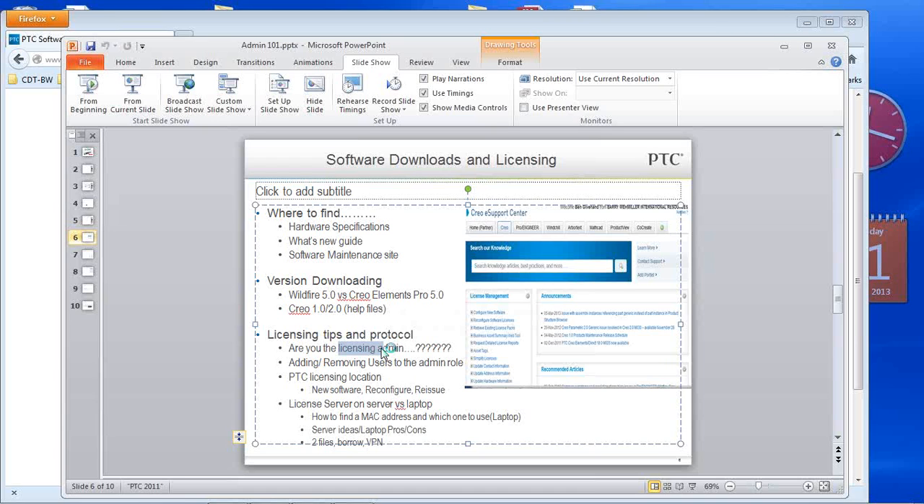on PTC.com. If you are a new customer, when you sign up for your account, it asks you, do you want to be the online admin? Once you say yes, you have all of these permissions. If you are not the admin and you want to become the admin,